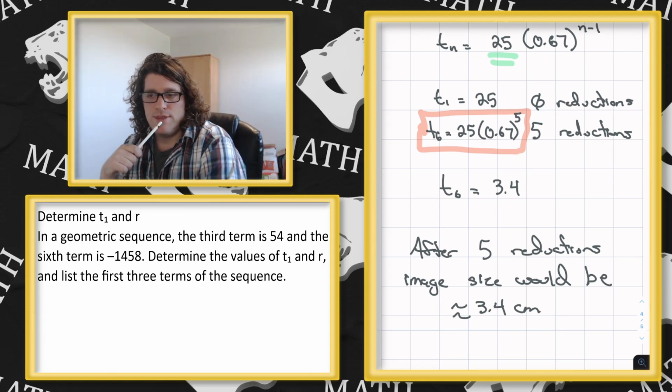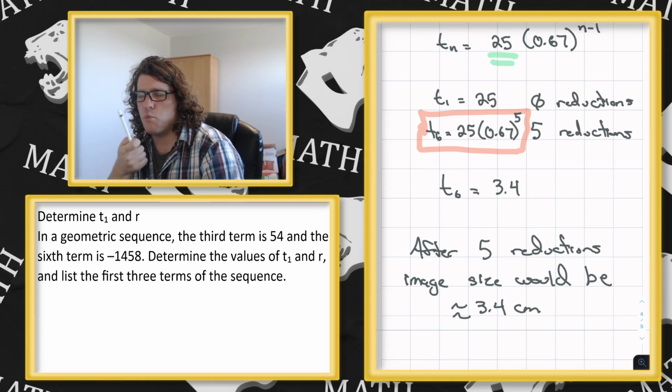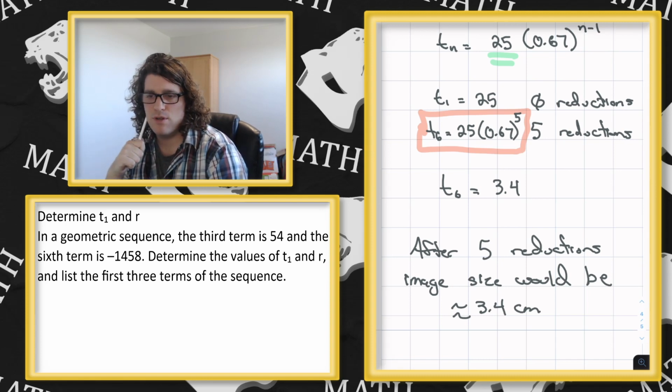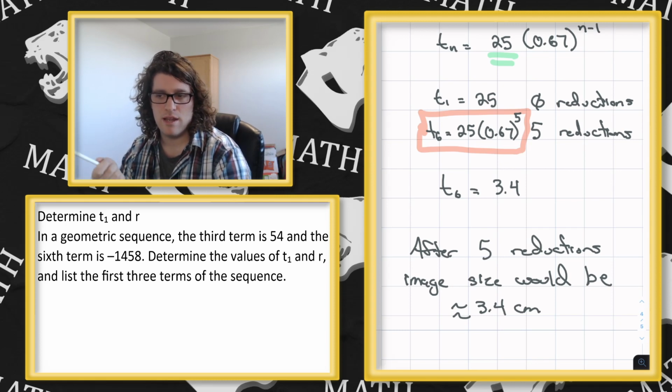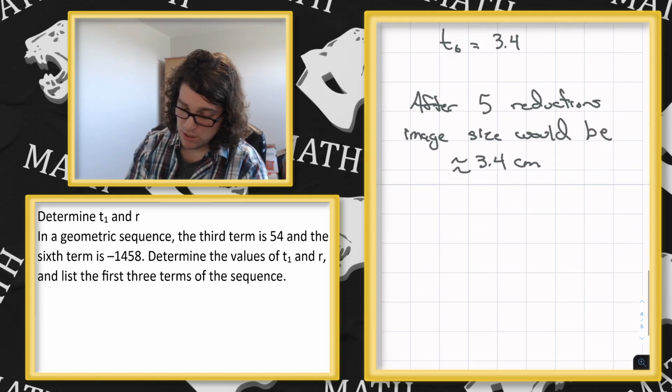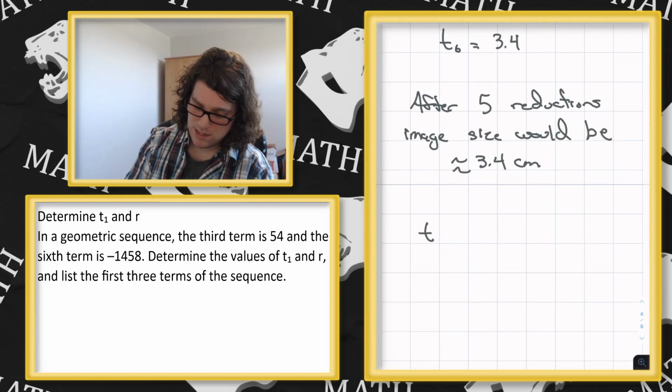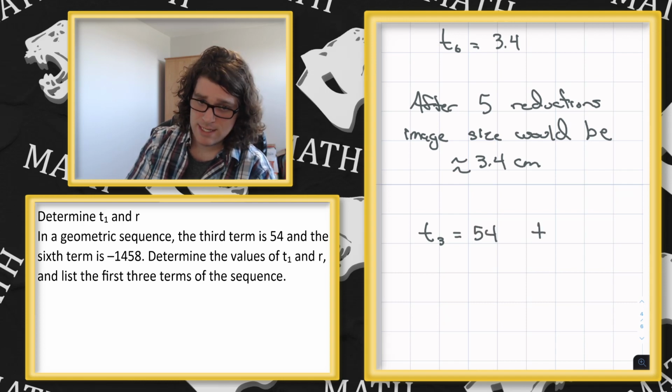All right, so this one, we're going to be given some more random information. So we know T3 and we know T6 in this particular question, and we're looking to find eventually T1 and r. So we have T3 is equal to 54 and T6 is equal to negative